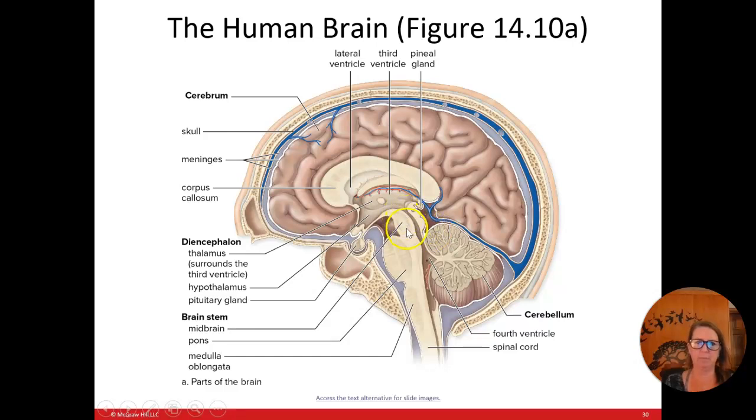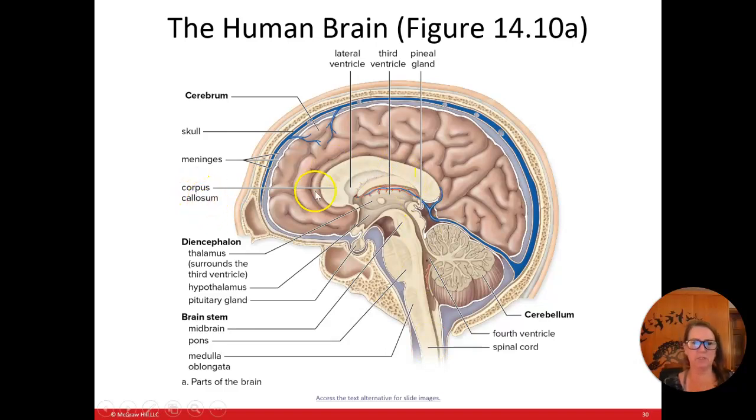So here we have the midbrain, which looks like an oblong, maybe a peanut or something like that. And then it descends down. Then we have this sort of expanded area that looks like maybe a walnut or a coffee bean, and that one is the pons. And then this sort of flattened area just below the pons is the medulla oblongata. So those are all parts you'll want to know,